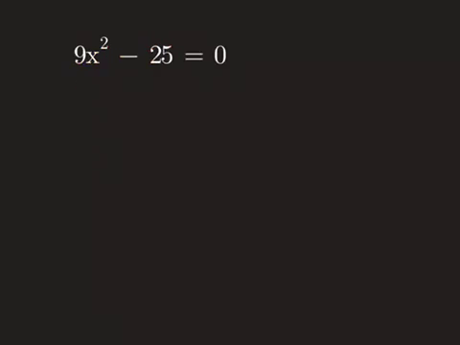Okay, so this next one we can also solve using the square root property because there's no x to the first power. We're going to start by isolating x squared. So this means I have to move the 25. So 9x squared is equal to 25. But it's still not isolated. I still have to get rid of the 9. So I'm going to divide both sides by 9. So I have x squared is equal to